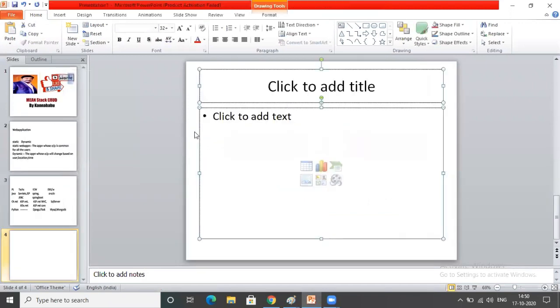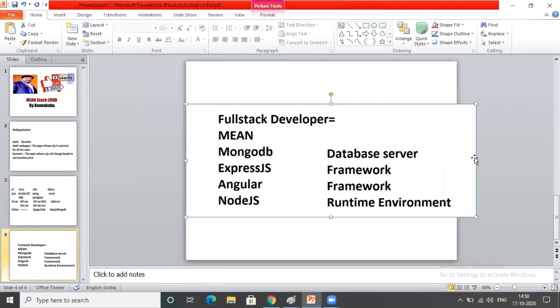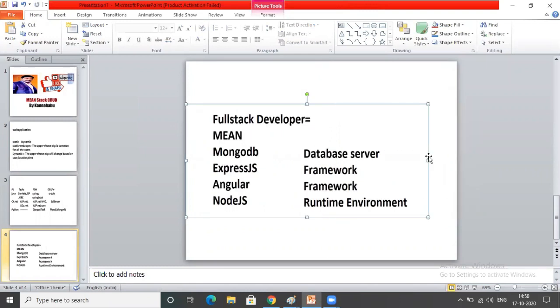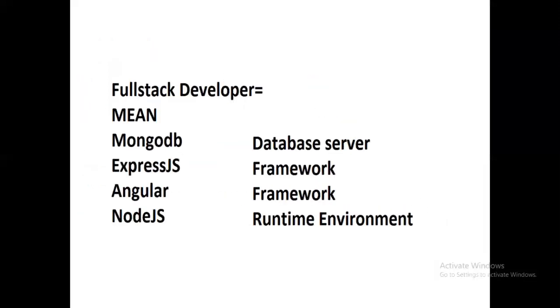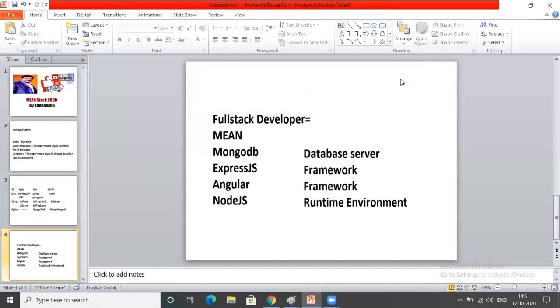I'm calling only Full Stack Java developer means Java with Angular. Full Stack .NET developer means .NET with Angular. Full Stack Python developer means Python with Angular. Otherwise, you can just call it a MEAN stack developer: MongoDB, Express.js, Angular, Node.js. So generally, what is the architecture of this MongoDB?